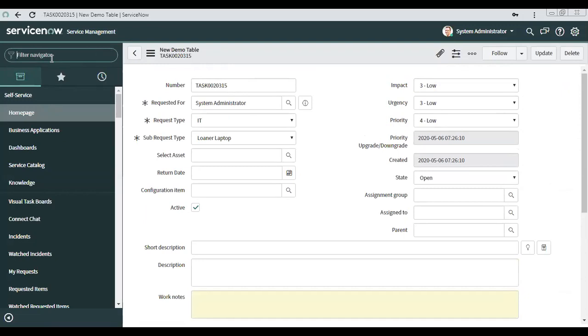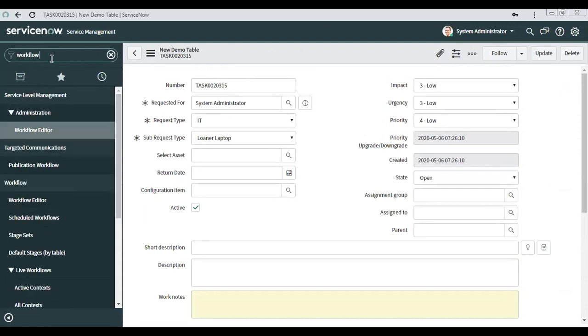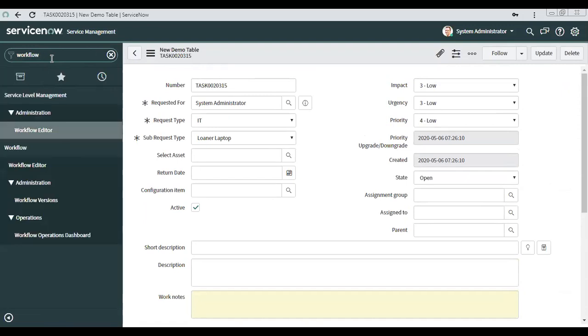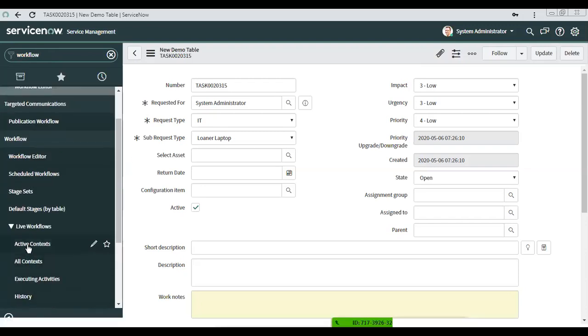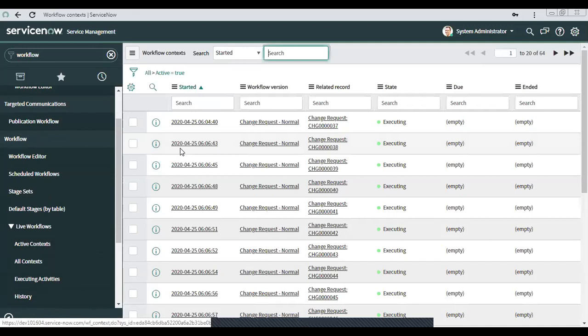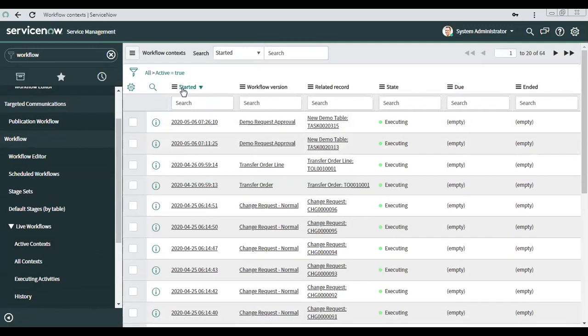Oh, okay. So you can see it from the workflow context always. Workflow context, not from the workflow editor, right? No. So context, where is it? Under active context, it should be. If I click here, see, this is the one which is in executing state.